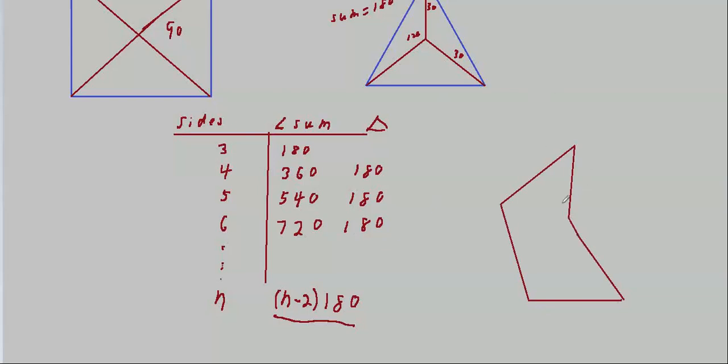The actual definition says that with a convex polygon, none of the sides, or the segments forming the sides, are in the interior of the polygon. Yeah, it's a good definition. But functionally, when you're trying to figure out whether it's concave or convex,